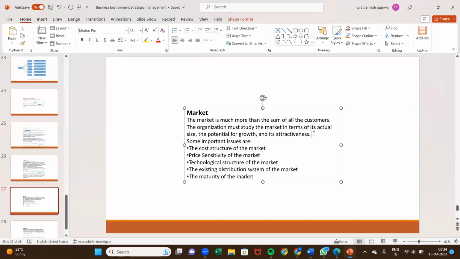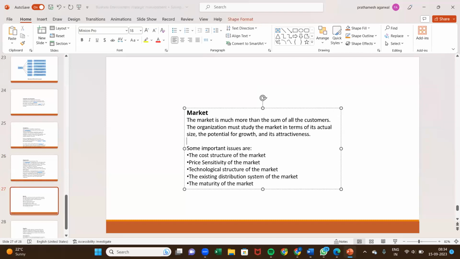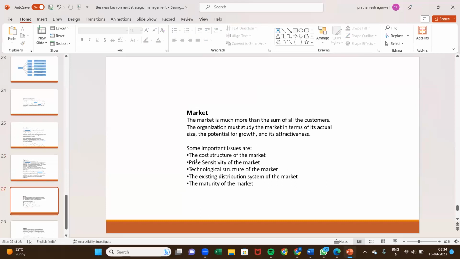But there are some important issues. When we talk about market, the cost structure of the market, the price sensitivity of the market, the technological structure of the market, the existing distribution system of the market, and the maturity of the market. Now,